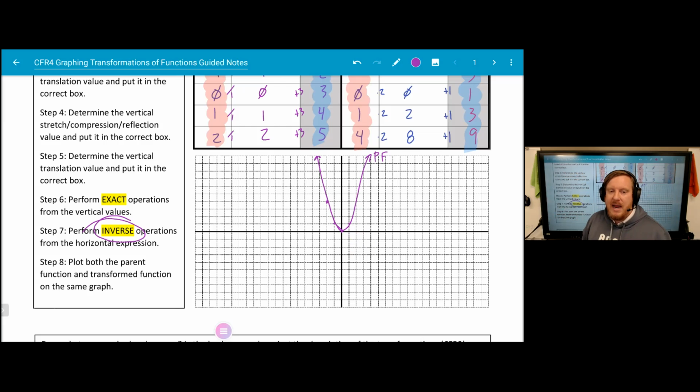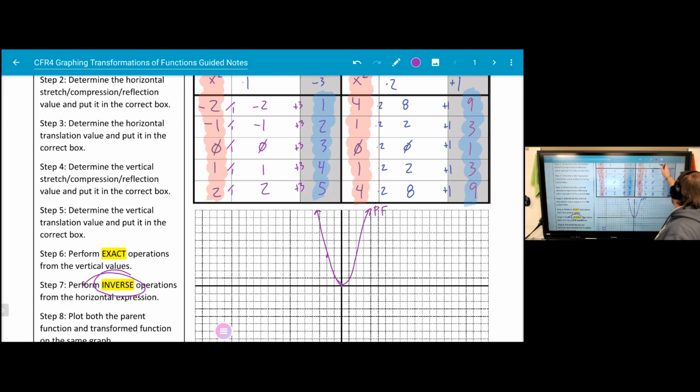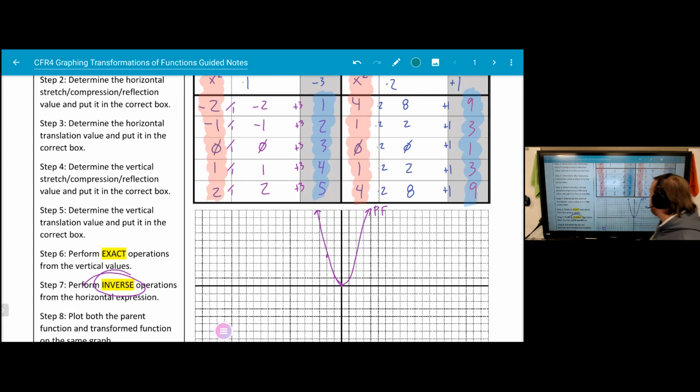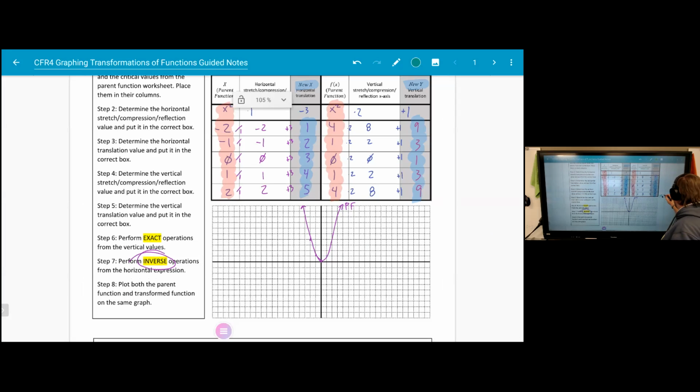Now what we have to do is graph the transformed function. And it might not stay on the graph, but that's okay. We can sketch it the best we can. Again, we're not trying to go for exact, we're trying to go for sketches at this point. So we're going to graph now 1, 9. So my new values here, my new function, my g of x. I've got x and y values here. My x values are 1, 2, 3, 4, 5. And the y values that go along with it are